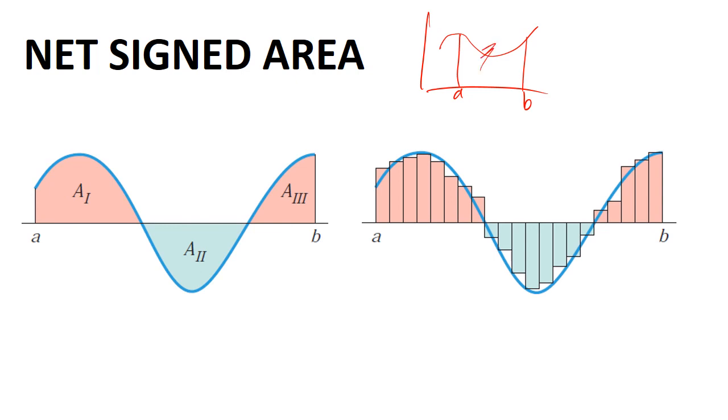For example, we have a sine function, where it crosses the x-axis. Ibig sabihin, nagkakaroon tayo ng positive value ng y, then negative value ng y. So, ibig sabihin, magkakaroon din tayo ng positive value ng area, negative value ng area. And if we try to apply yung area under a curve, yung same process na ginawa natin sa mga examples,